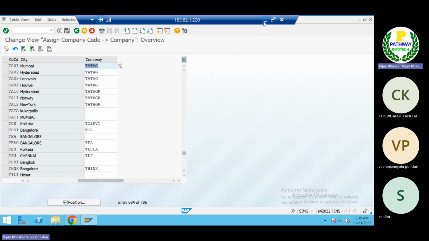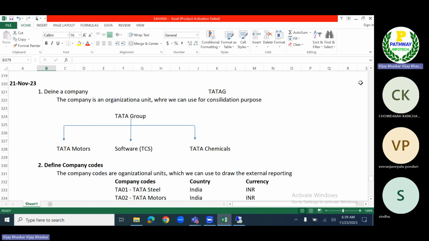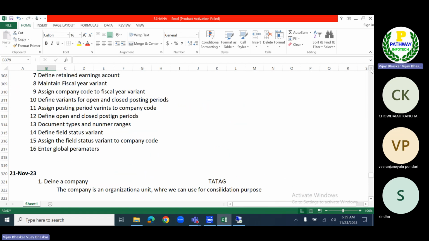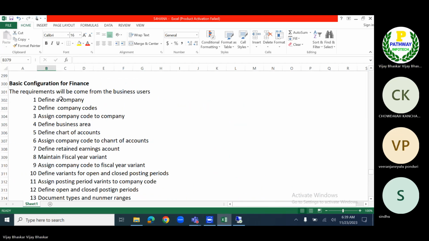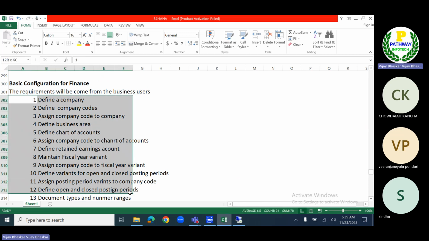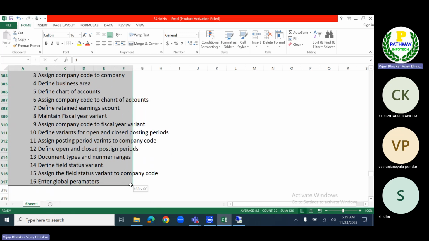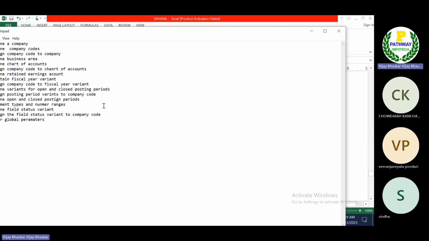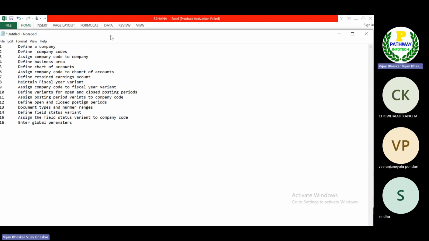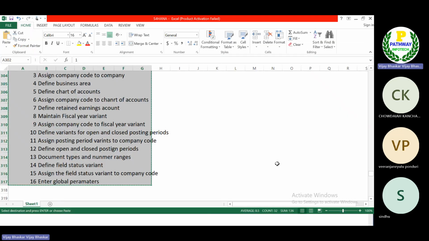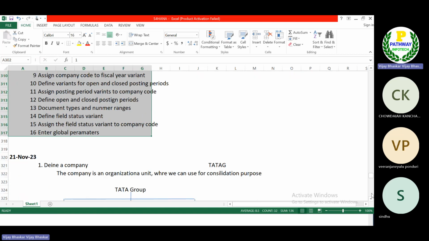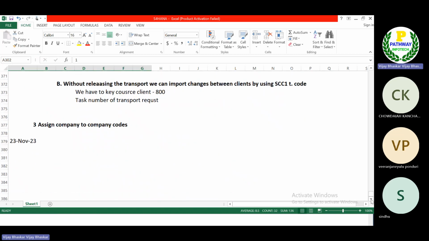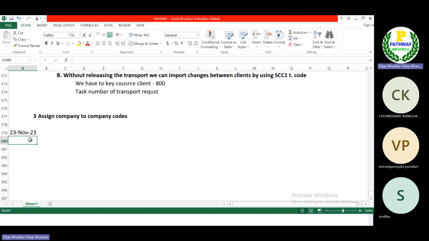Once the company code is assigned to company, what is the configuration step we have now? So now I'll do one thing here. I'll copy all these parameters and put them into my notepad just for reference, so there's no need to go back again to the top of the sheet. Okay. Now the next one would be